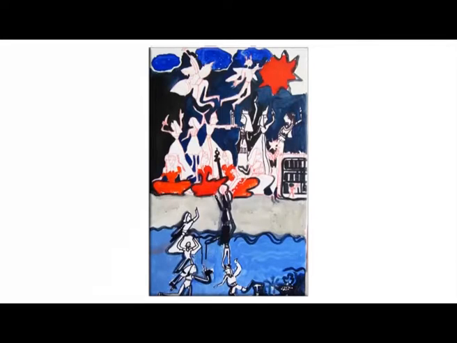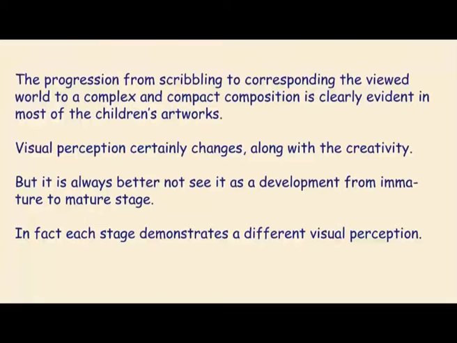So, initially it was all about marks floating on the paper. Then later on a child also realizes the space around the marks or the figures and begins to fill up those spaces with color. So, the progression from scribbling to corresponding images, the images corresponding to the viewed world, to a complex and very compact composition is clearly evident in most